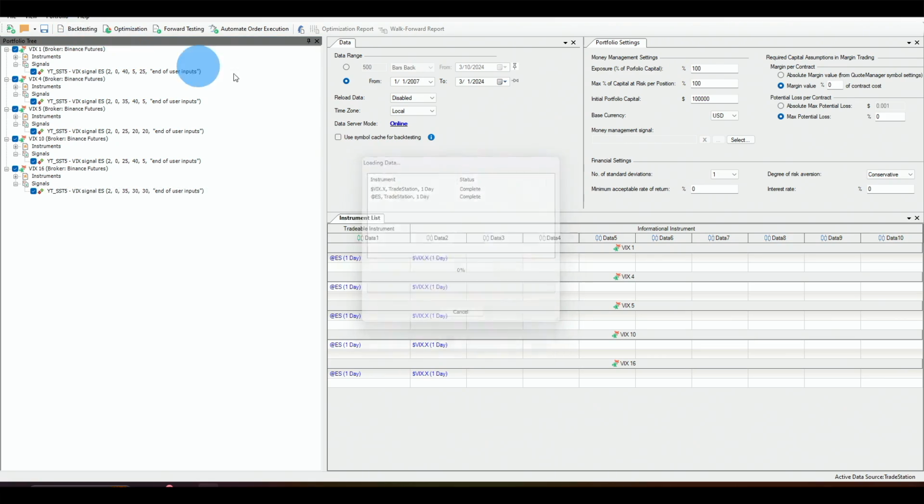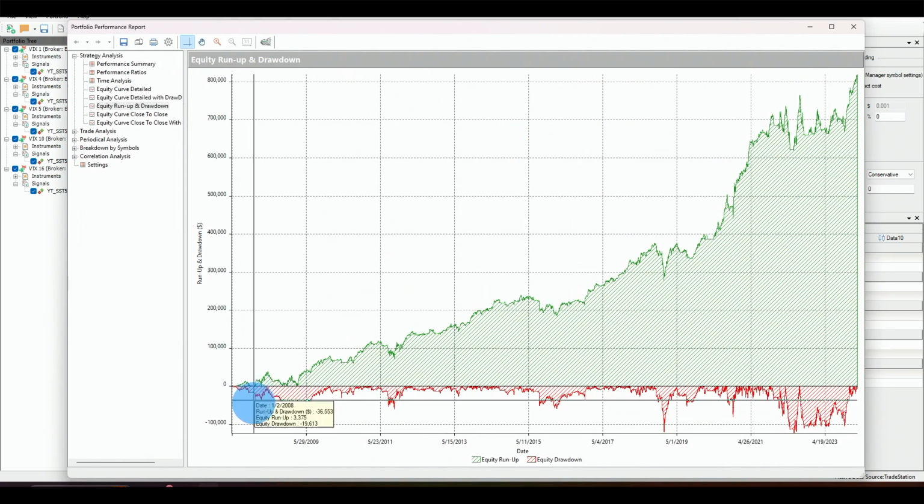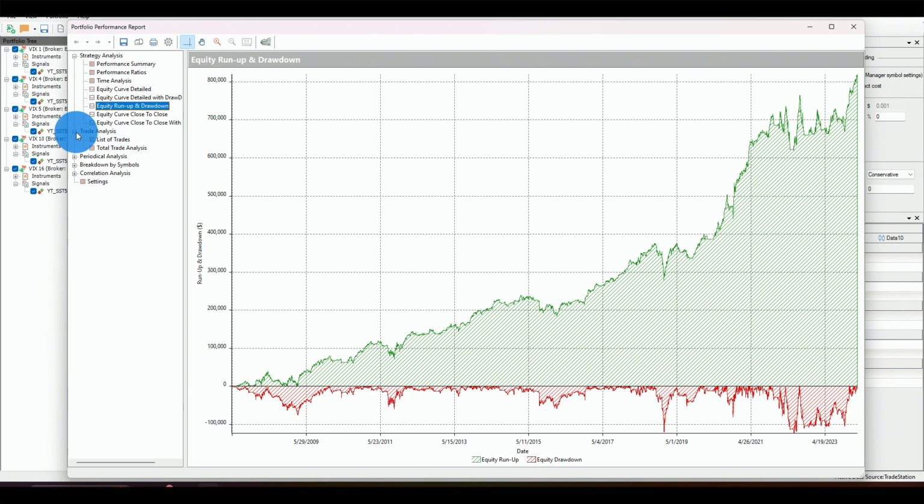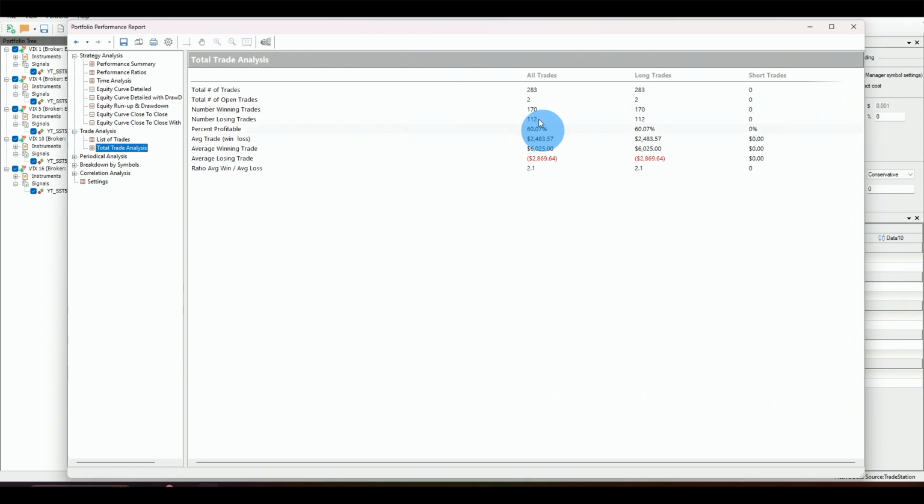So let's backtest these 5 strategies and look at this. This is amazing. So how many trades do we have now? So I have now 283 trades. On average, I am making $2,400. So that is an advanced way to trade, because most people are looking for a single strategy, the holy grail,